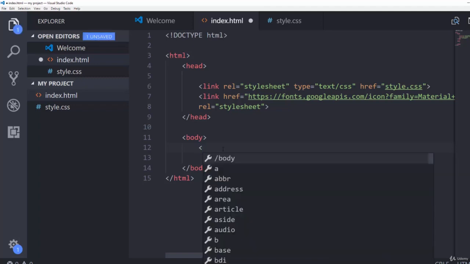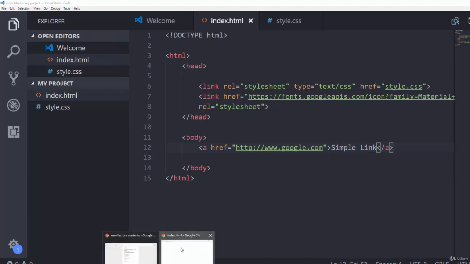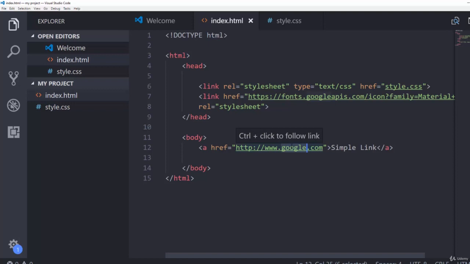Let's create a link over here. So a href, let's say http://www.google.com. Once we have this link, let's name it, say, simple link. Let me save the code, go back over here and hit refresh, and it's already showing us the visited state. So let's do one thing. Let's try wikipedia.org